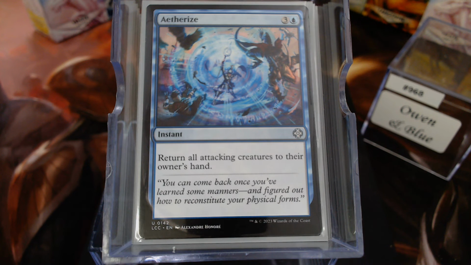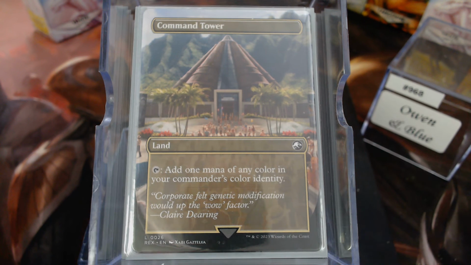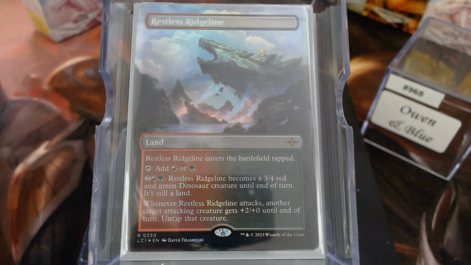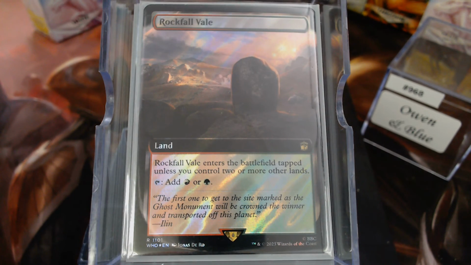And that brings us to our non-basic lands. Of course, we're going to start with the Command Tower. I chose to have this side out because, it's peaceful. Peaceful. We have Shivan Reef, Restless Ridgeline. Yep, that's right. Becomes a dinosaur. The Terramorphic Expanse, Rockfall Vale,